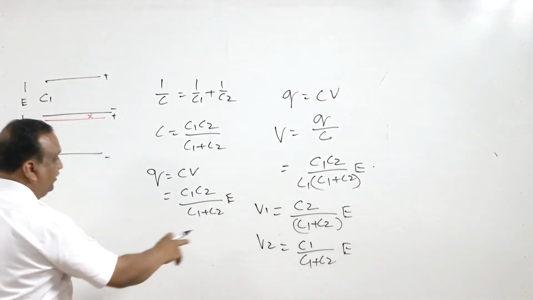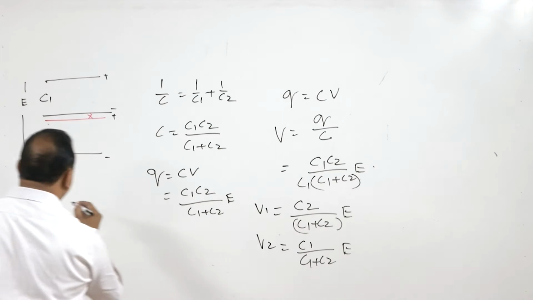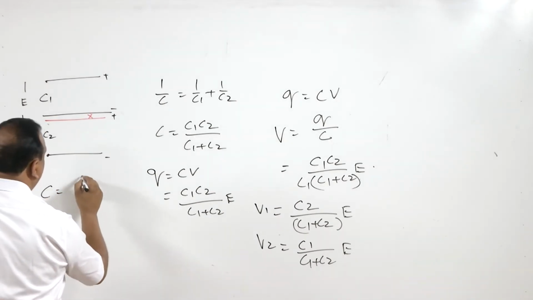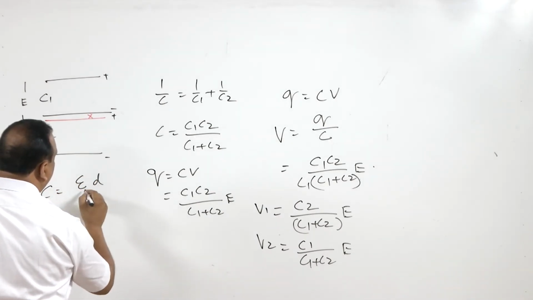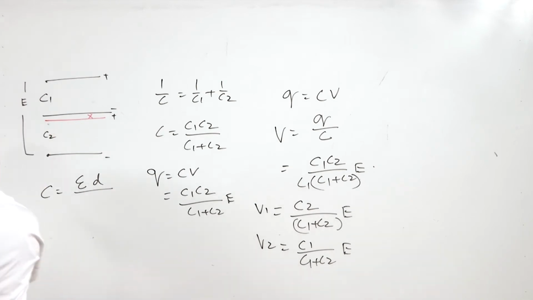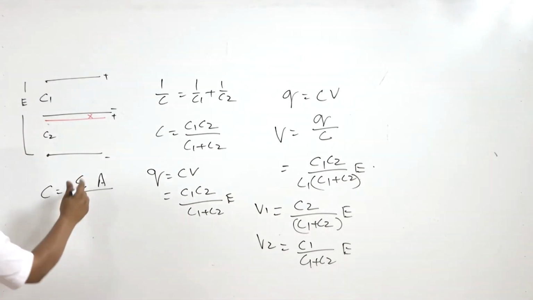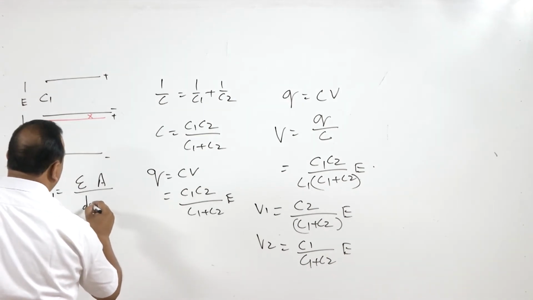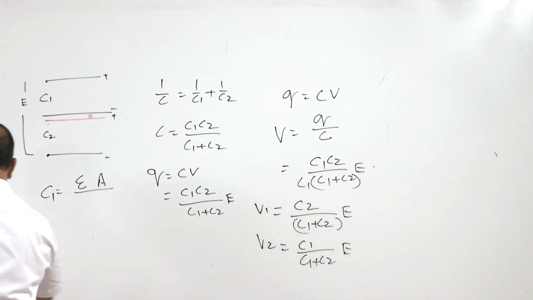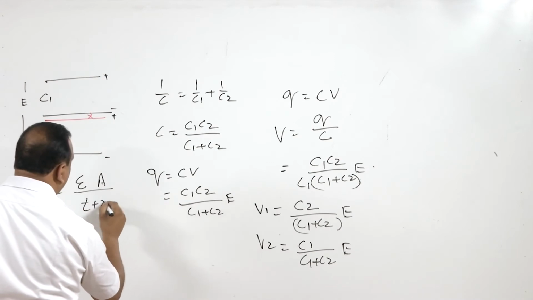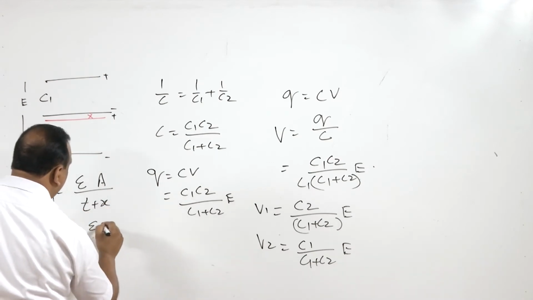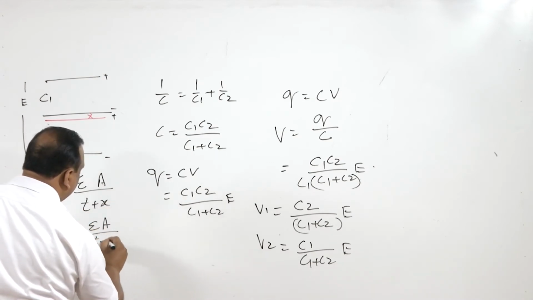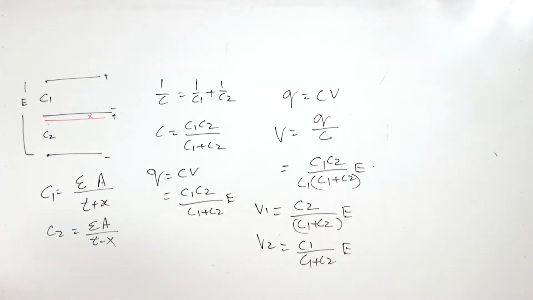right? If we are using this formula, C is equal to epsilon naught A by D, A is constant. Epsilon is the same for every capacitor. A is the same. Only C1 is going to be epsilon A by T plus X, and C2 is equal to epsilon A by T minus X. Now putting these values here,